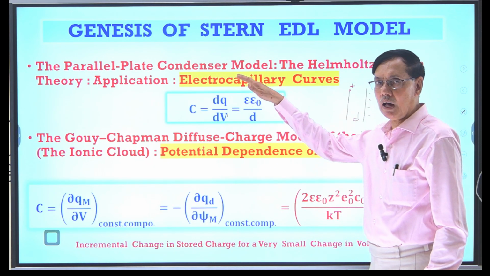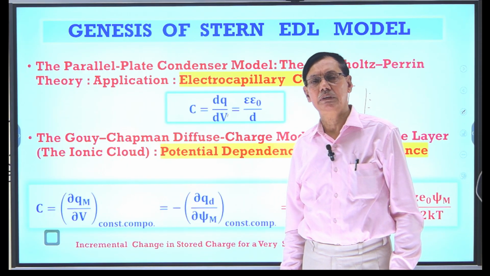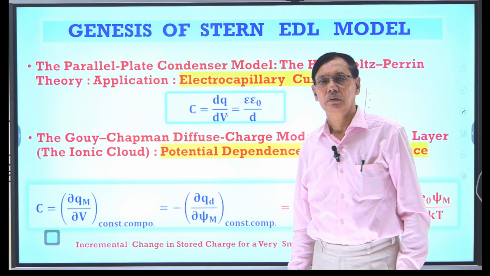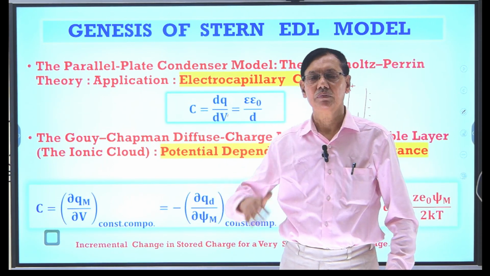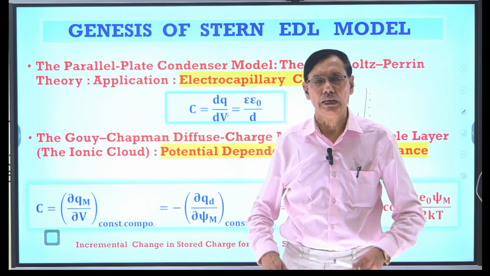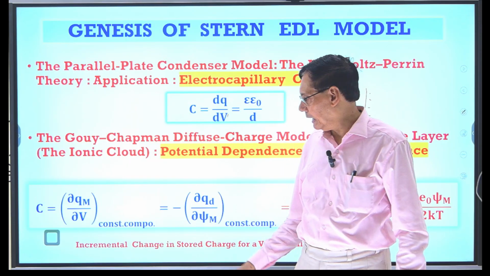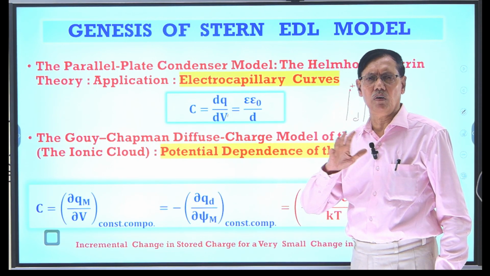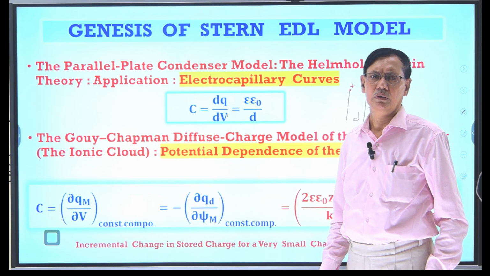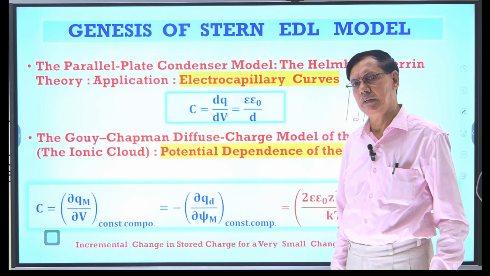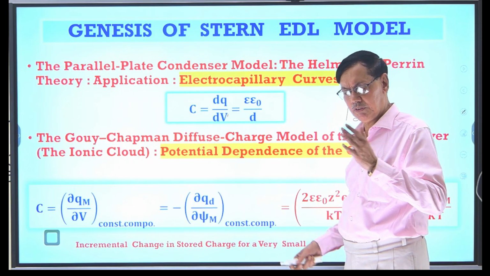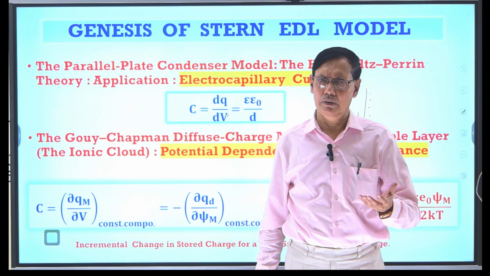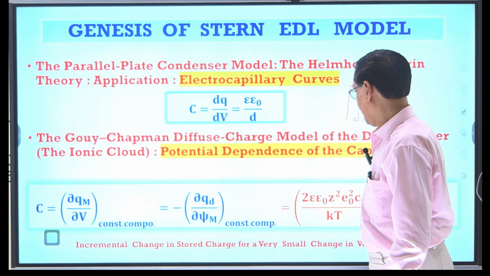If we plot a graph between the differential capacitance and the potential, actually we should get an inverted parabola, but that is not obtained. I have already derived the Gouy and Chapman layer very categorically. If you see my previous lecture, that derivation is very big, but compared to it, the Stern derivation is very simple. But again,